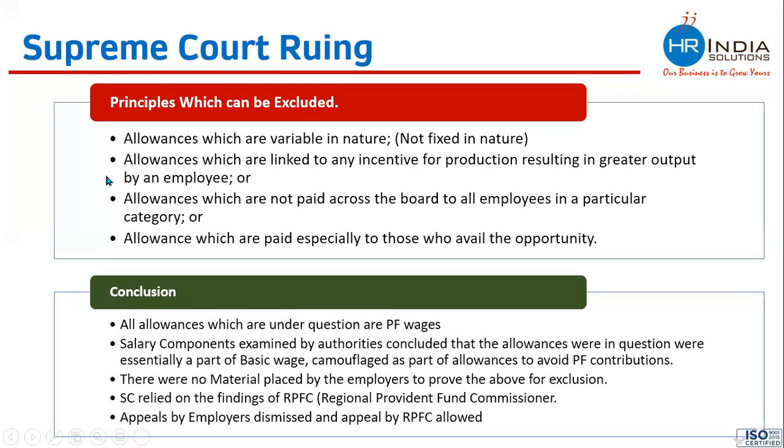All these performance linked incentives or variable pay, which are paid either on a quarterly basis or an annual basis, these amounts are not coming under Provident Fund. All those which are fixed: look, HRA was fixed, conveyance was fixed, special allowance was fixed. Even then, the company was not paying. So, the Supreme Court has said that you can exclude only those allowances, those payments which are variable in nature, which are not fixed. But if it is fixed, you are paying every month, then that amount needs to be taken into Provident Fund.